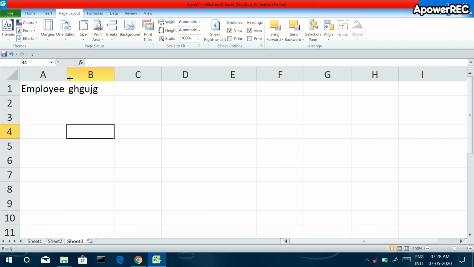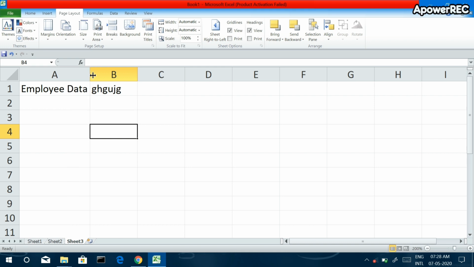You can see my mouse cursor has changed into a double-sided arrow. That's a good sign. So now I can click and drag to stretch my column A so that my data will be visible. You can see I clicked and dragged my column and increased its width.